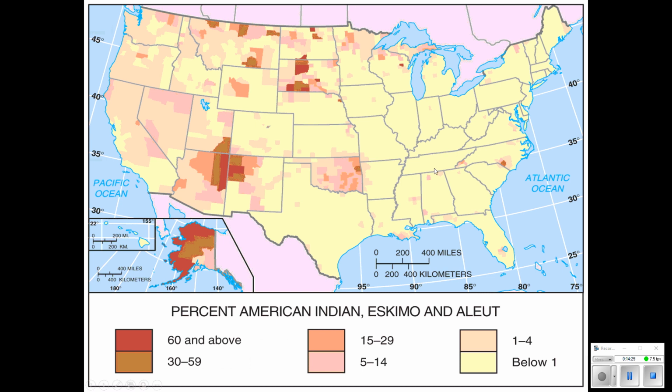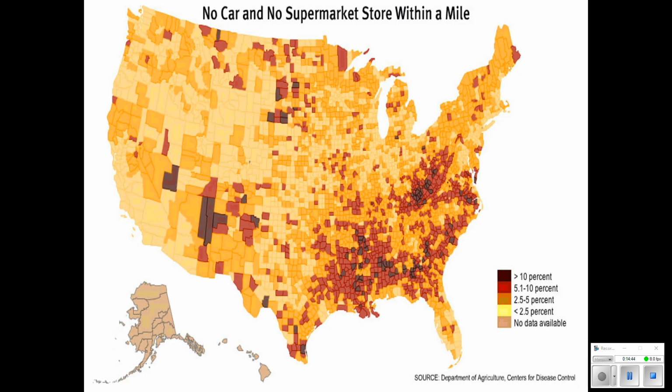And then we're going to go on this one and look at these Native American areas, a lot of these are reservations. And again, the grocery stores just don't operate in these areas. Mostly it's a profit issue, where the residents are very low income and the stores won't be profitable, and therefore they tend to avoid these kinds of areas. So when you look at no car, no supermarket within a mile, you're going to find that people don't have access to fresh whole food.